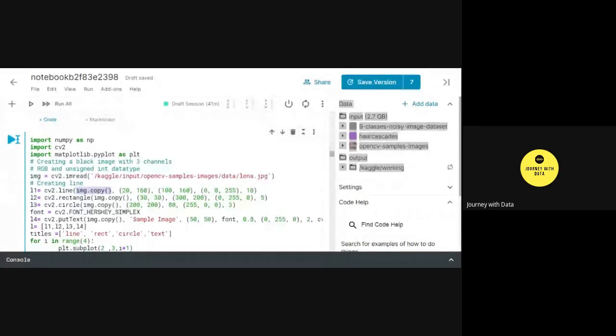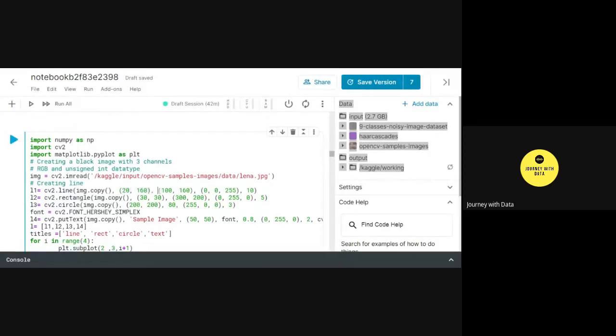Whenever you want to create a copy of the image, always use the .copy method. The reason is that I am drawing all these geometric shapes in the same image, so for simplicity and better visualization, I'm creating a copy each time. So I've taken a copy of the image using image.copy, and these are the starting coordinates,